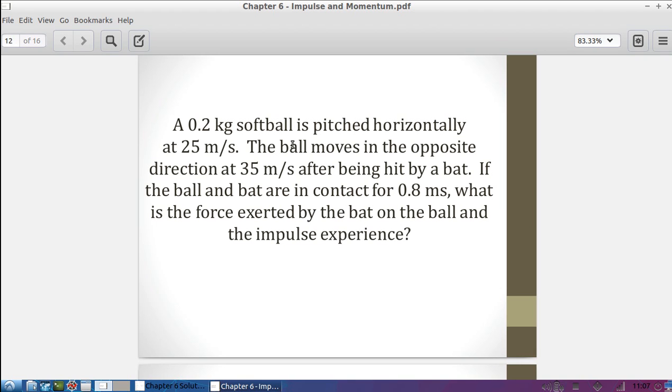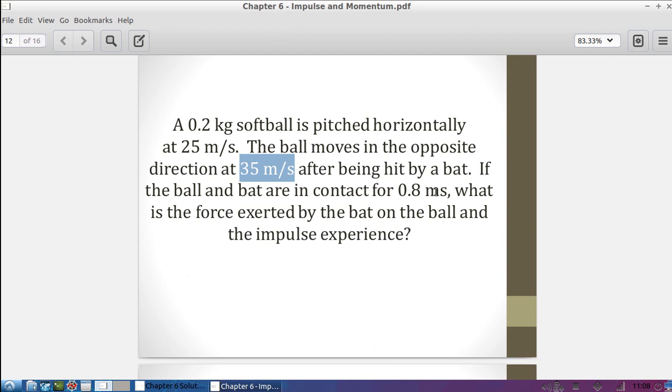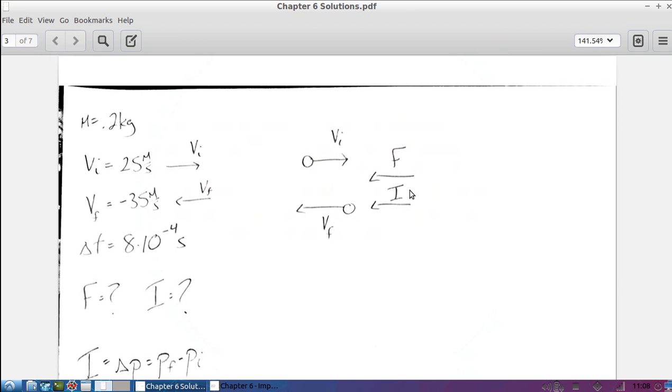Okay. So once the bat hits the ball, it is now moving in the opposite direction at 35 meters per second, right? So I'm going to say that velocity is negative. I'm given the time interval, 0.8 milliseconds, so make sure we're converting these to seconds, right? 0.8 milliseconds is 0.8 times 10 to the negative 3 seconds, which is 8 times 10 to the negative 4 seconds. All right. So we're given the time interval, we're given the change in velocity, we're given the object's mass,